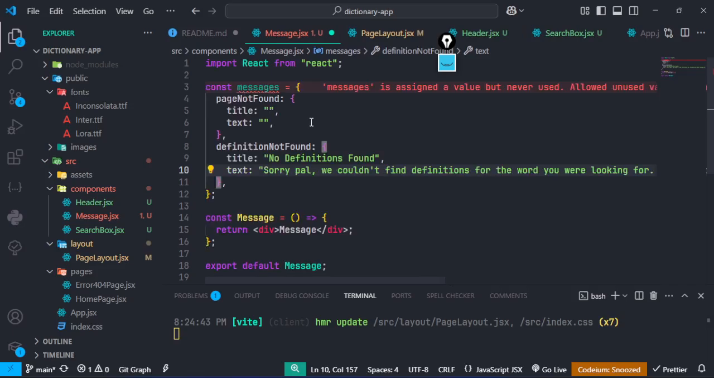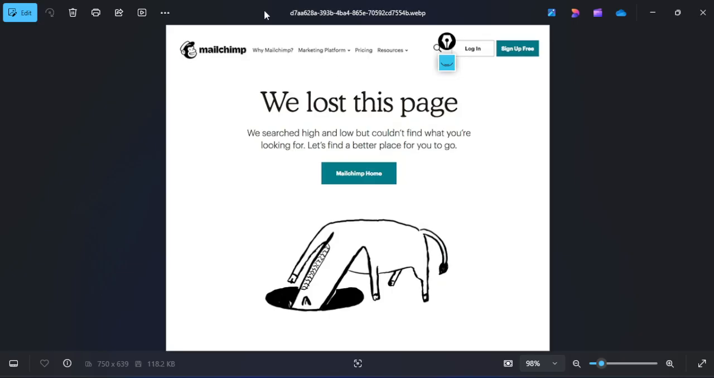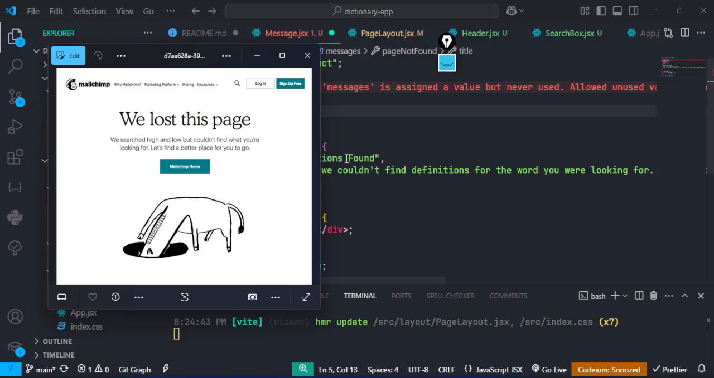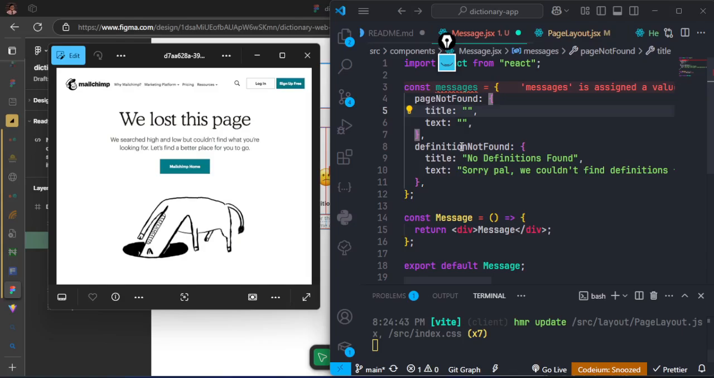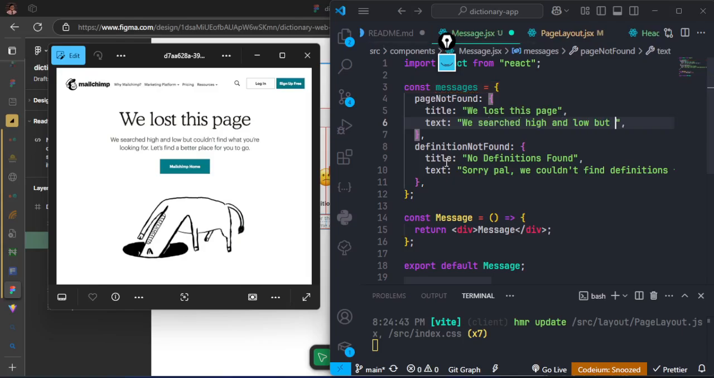So we have this. Then for this one, the title I want to use now is going to be this text: we lost this page, because you are trying to visit a page that we don't know about. So let me move this side by side so that I can be seeing it and just put everything. So we lost this page. And for the text, what do we want to show there? So we search high and low, but couldn't